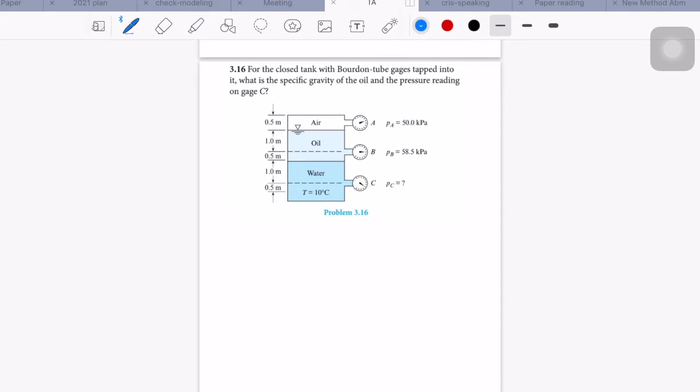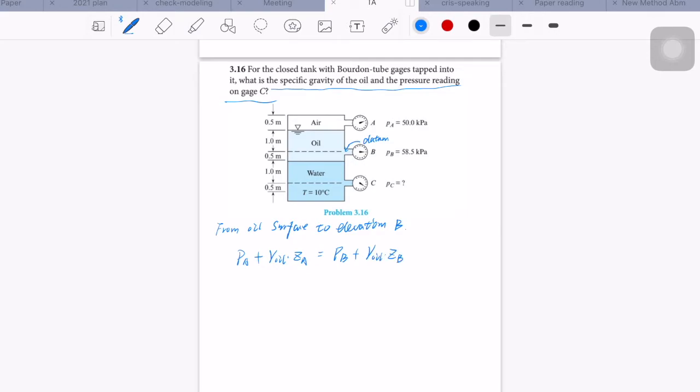For the third problem, we need to determine the specific gravity of the oil and the pressure rating on gauge C. So to find the oil specific gravity, we can apply the hydrostatic equations from A to B. And now we assume that the datum is surface B. So according to the hydrostatic equations from oil surface to elevation B, we have that the PA plus gamma oil times ZA should be equal to PB plus gamma oil times